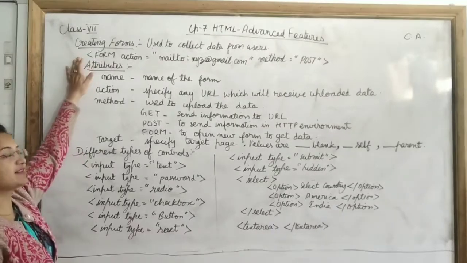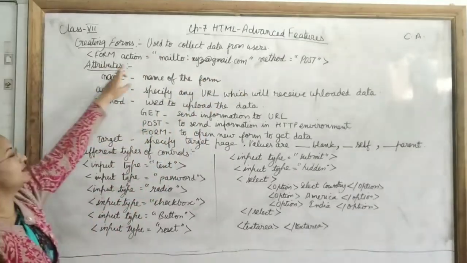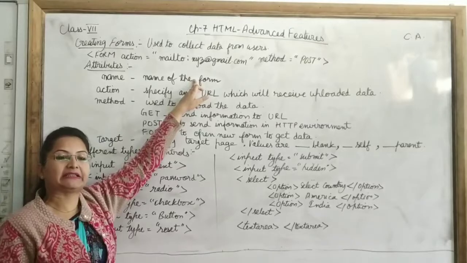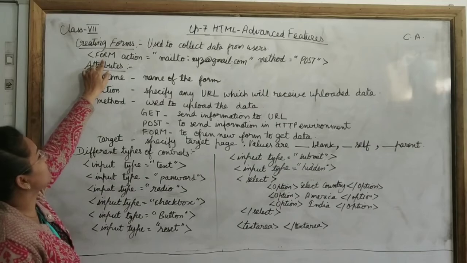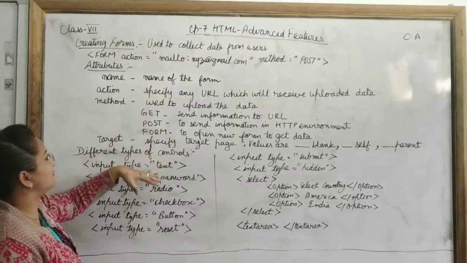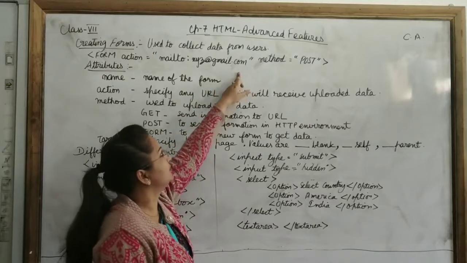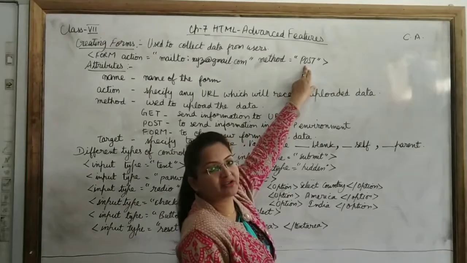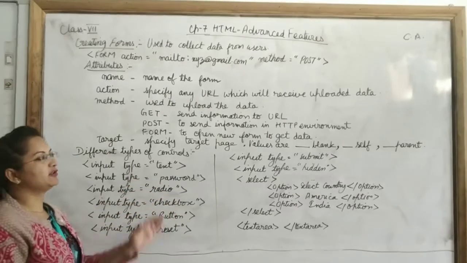So now students, as we discussed that forms are used to collect data from the users, now we will learn to add the form. Okay, so this is the code that we have to write in the notepad so that we will be able to see the form. So students, you have to write form tag first. This is the action attribute. I will explain you attributes later on. So action attribute, then its value. Then again second attribute of form tag. This is method. In this I have mentioned a value post. Okay, and after that you have to write these input tags inside it and you have to close the form.